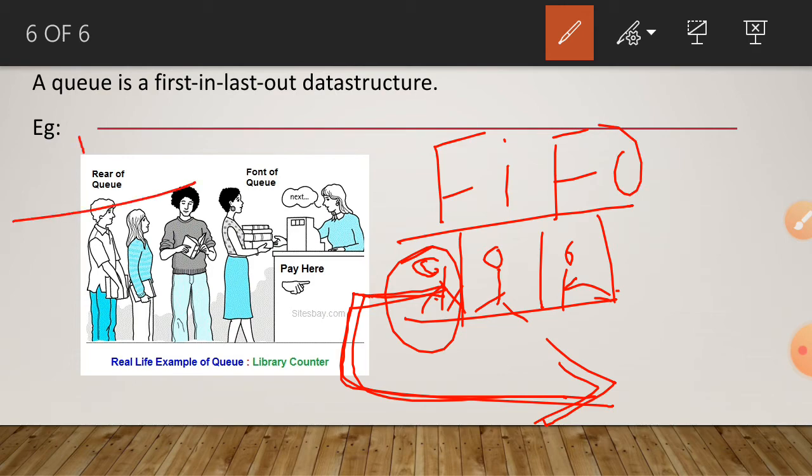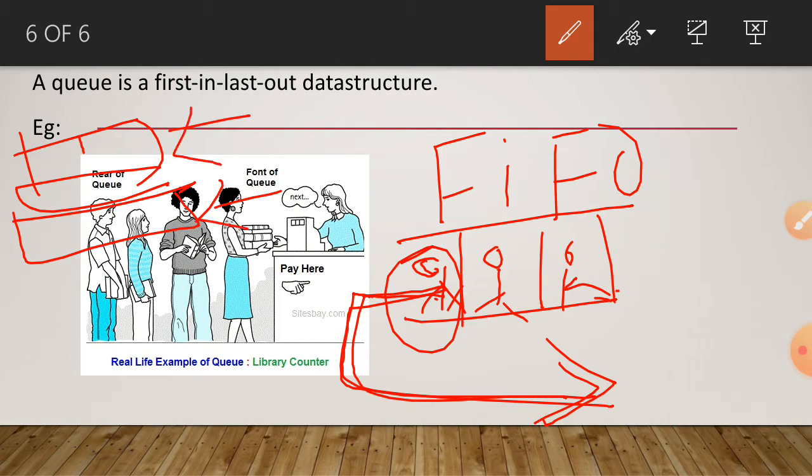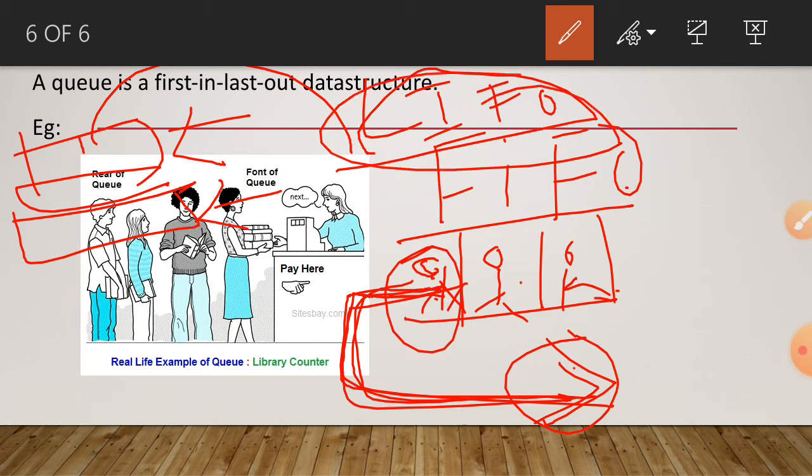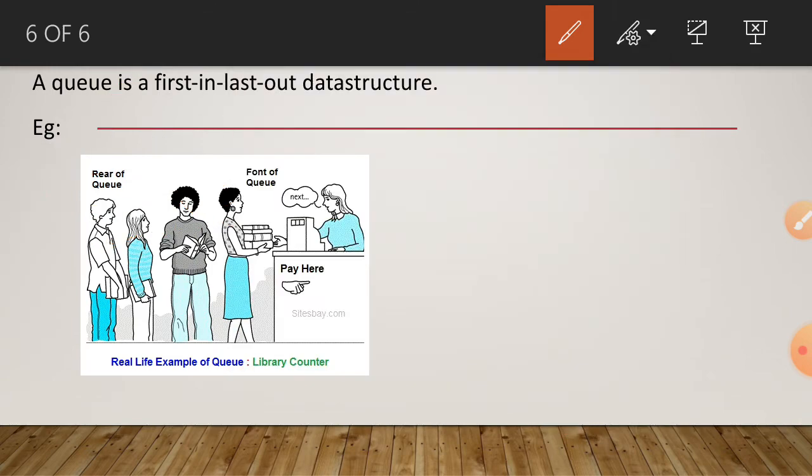In a stack, how it works: the first record, second record, third record, this is first inserted, this is last inserted. If I take one out, the last inserted is taken out first, that is last in first out, LIFO. In a queue, the person who came first takes the ticket first and comes out, that is first in first out, FIFO. Queue works in FIFO order, and the stack works in LIFO order, last in first out. Okay, this is a queue.